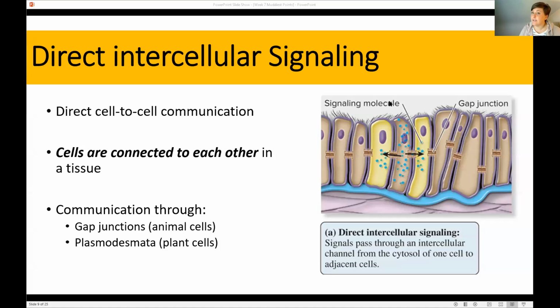And so in order to get that message, this cell creates a response or a ligand, and that is sent directly through gap junctions to all of the cells in this tissue. So even though this cell is saying contract, it's sending messages to all the other cells in this tissue that they should also contract. So direct intercellular signaling is when you're passing a message cell to cell through a gap junction, through a tunnel. They're sharing essentially cytoplasm, so that message doesn't even have to leave the cell. Okay, so that's direct intercellular signaling.